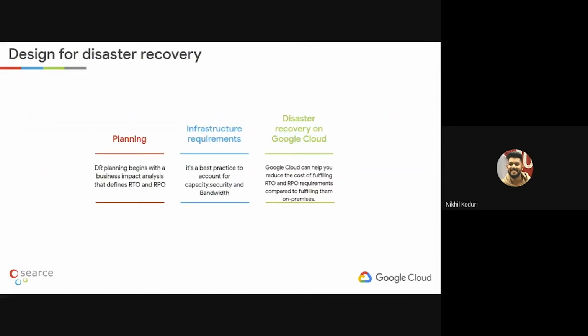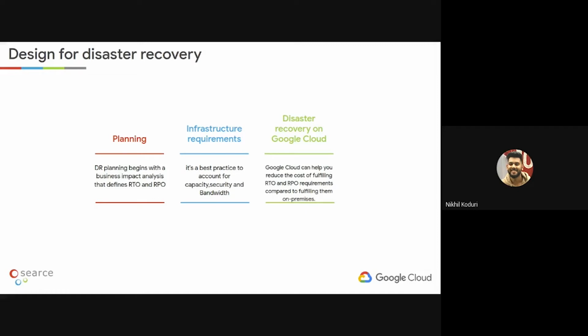Next, we have to design our application for disaster recovery. This becomes a very crucial part when you're planning your disaster recovery, right? You have to plan it in such a way that it is able to withstand any kind of mishap that would happen.